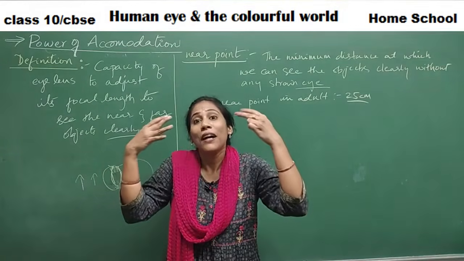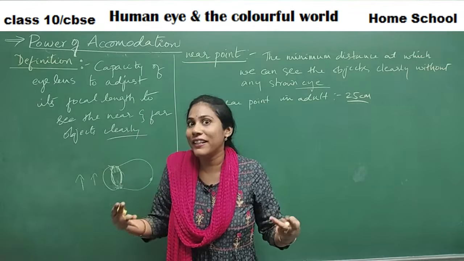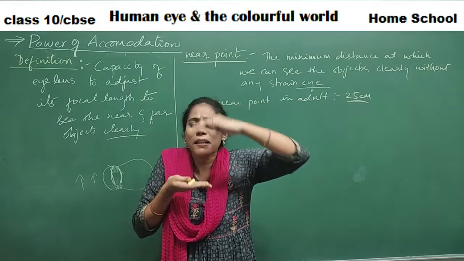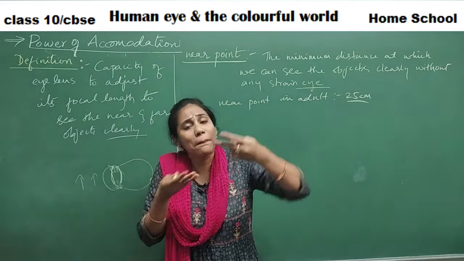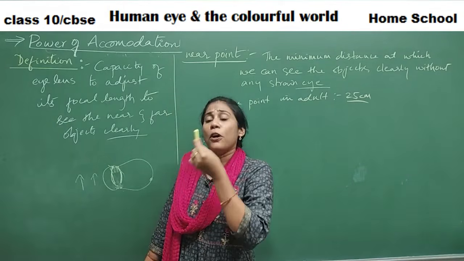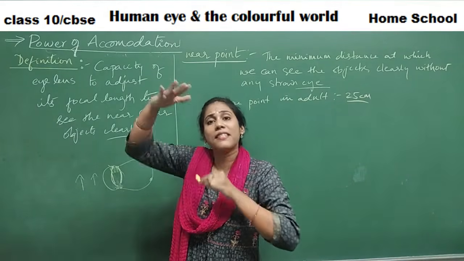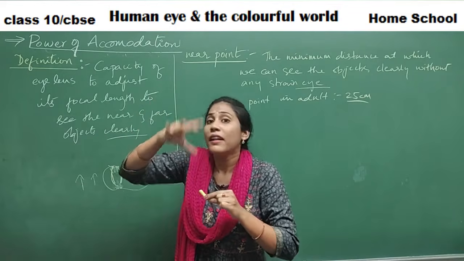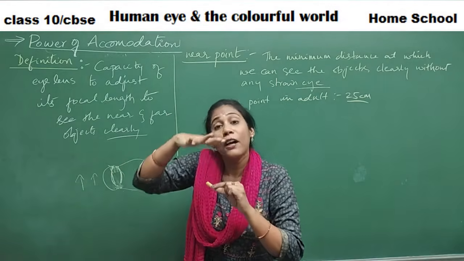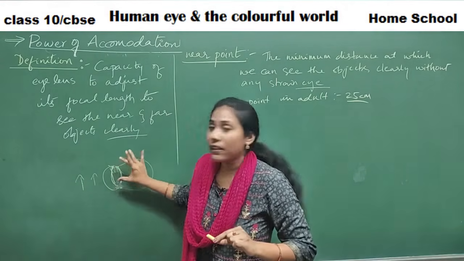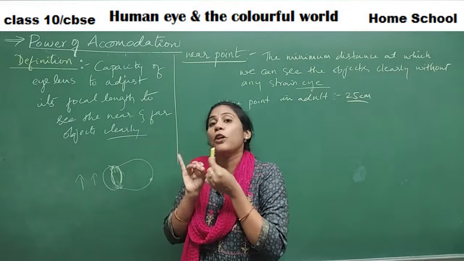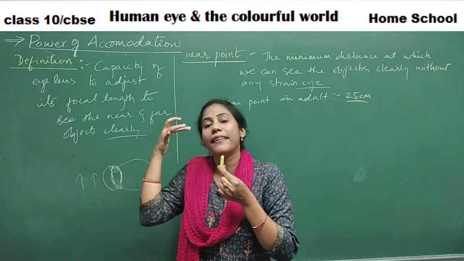You feel a kind of pressure on your eye. You can feel it. That means inside, your lens is actually becoming thicker and thicker, the more pressure you apply by bringing the object nearer and nearer. As the object comes near and near, the ciliary muscles compress more and more. That's how you are getting pressure. You can see it, no doubt, but you are getting more pressure on your lens. Clear?